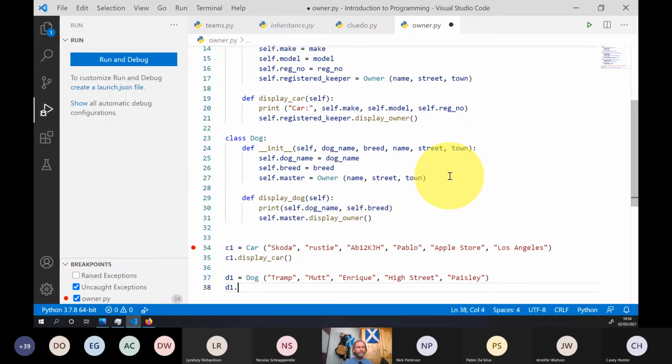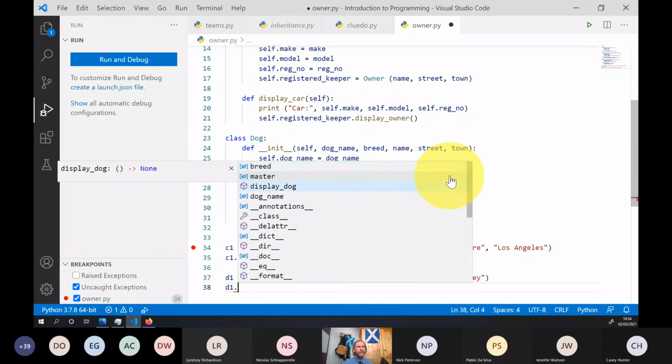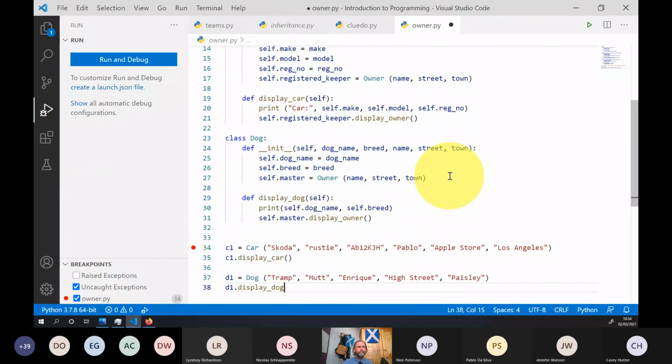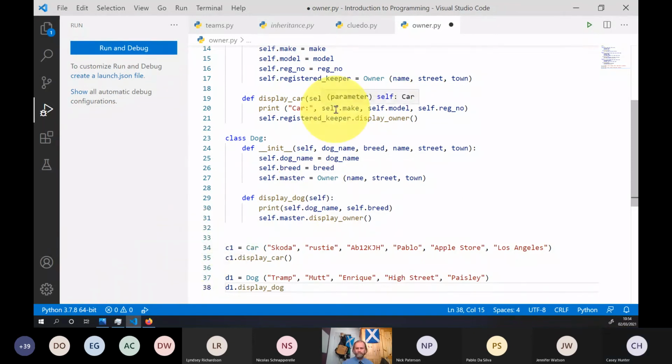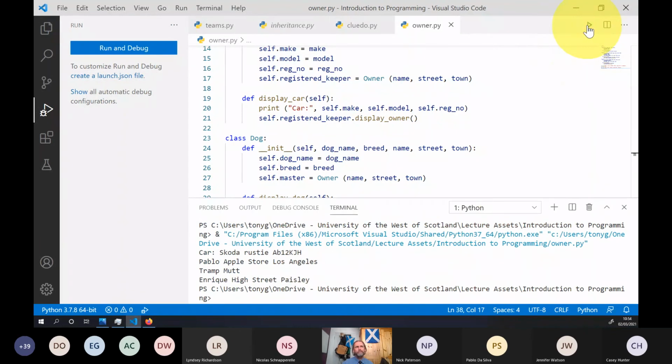Oops. And we can display the dog. You forgot your brackets. Okay, so we use the same owner class for cars and dogs.